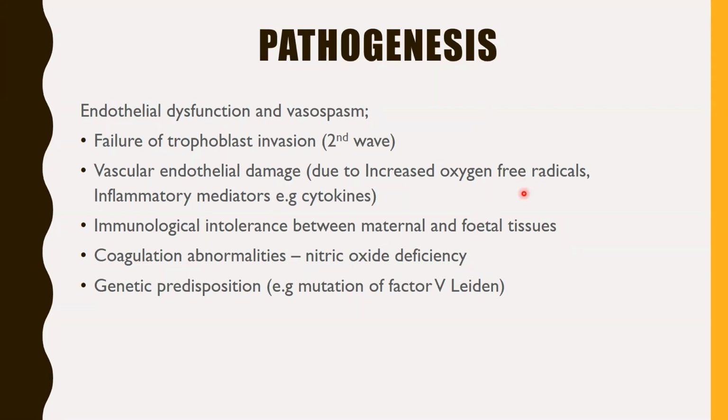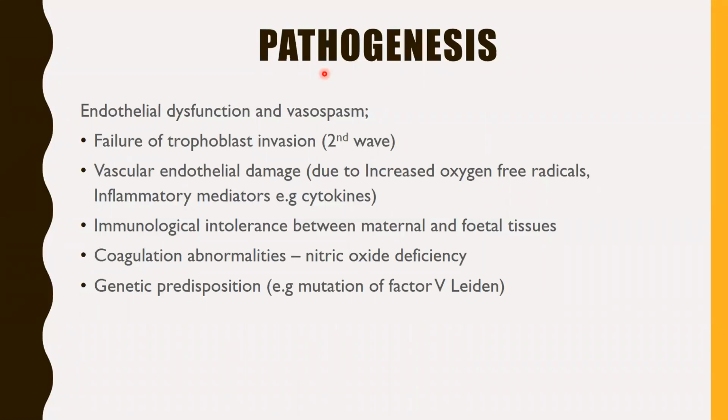In the first trimester, it occurs between the 10th and the 12th week, where the endovascular trophoblast invade the uteroplacental bed up to the decidual segments. And then in the second trimester, another wave of the trophoblast invade up to the myometrial segments. But then what happens in preeclampsia or eclampsia is that the second invasion does not occur. And then